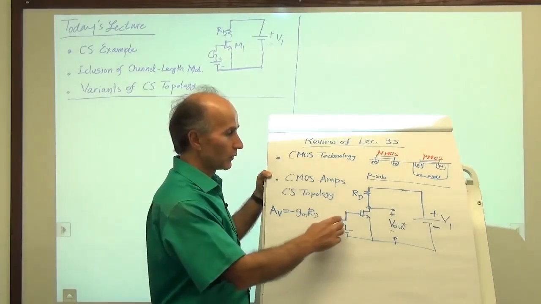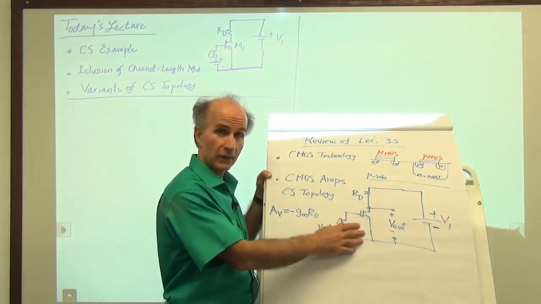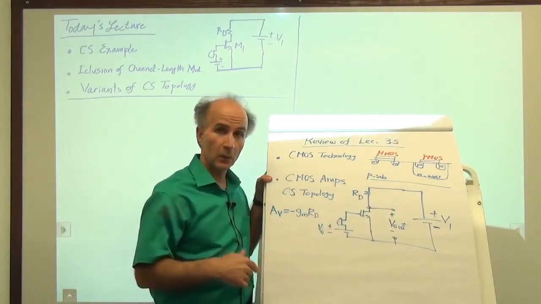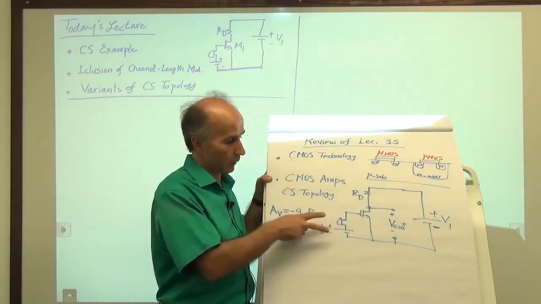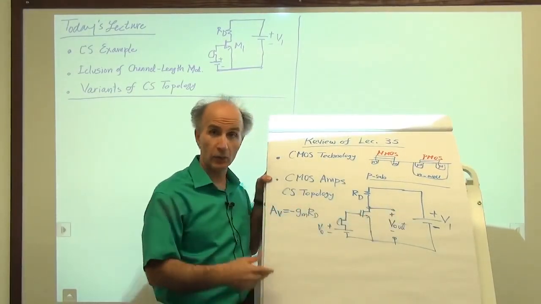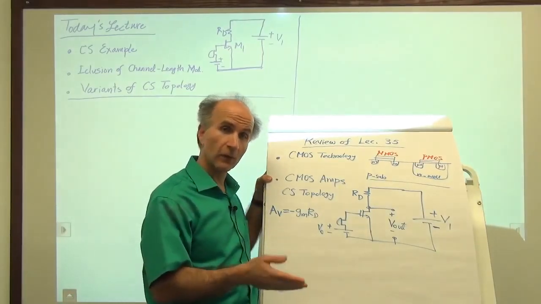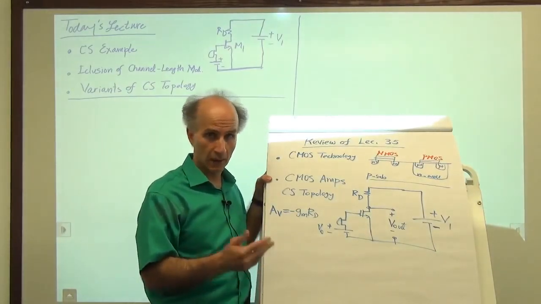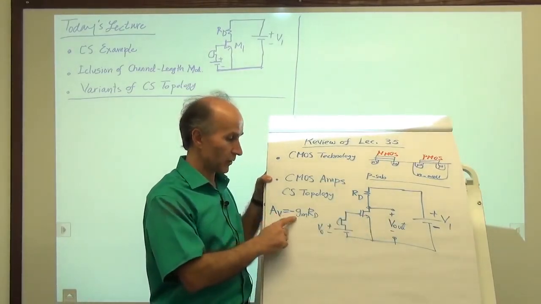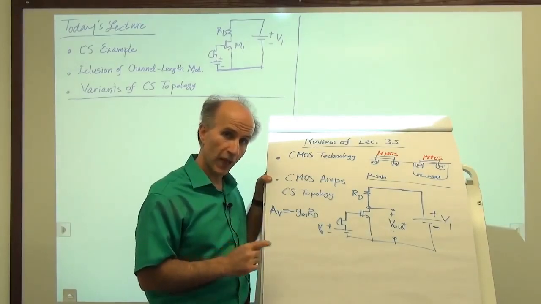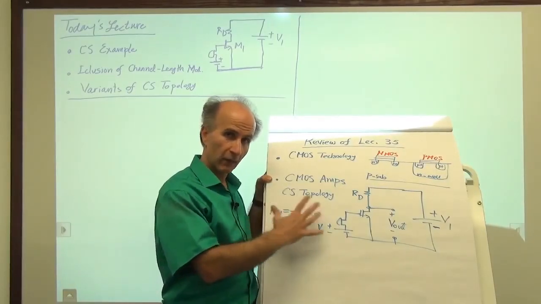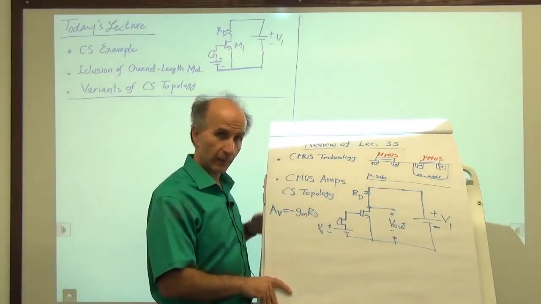All right, to calculate how much gain this circuit can provide, we replaced all of the devices in here with a small signal model. For example, we saw that the constant voltages V0 and V1 do not change with time. Their change is 0, so they will be replaced by 0 voltage sources, namely short circuits. And after analyzing the circuit, we saw that the voltage gain was equal to minus gm of the device times RD. So we're going to start from here today and develop further and understand some other properties of this type